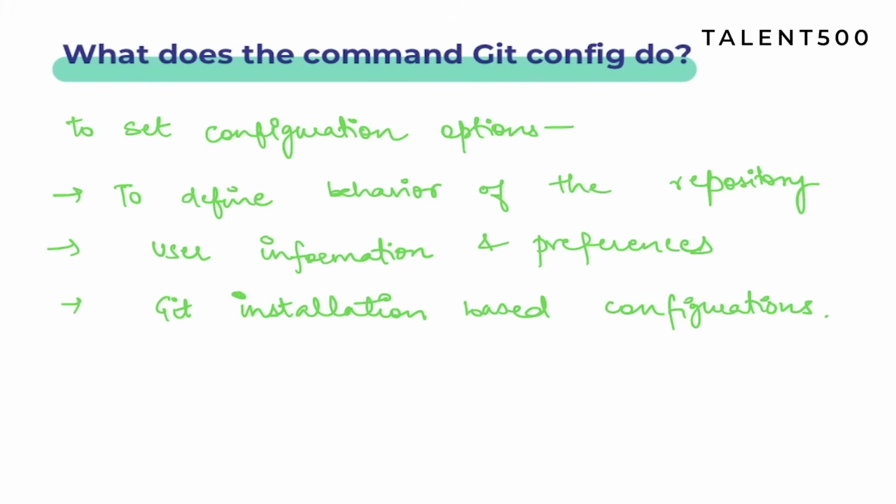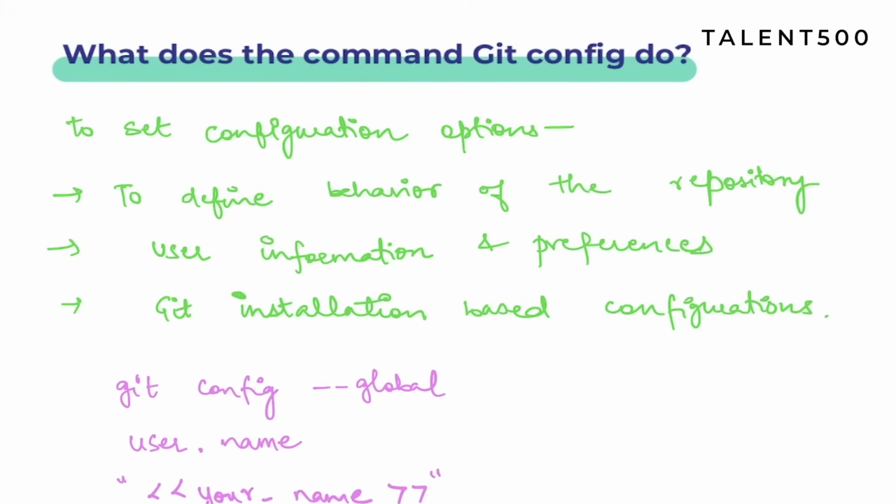So for that purpose, you're going to be using something like git config --global, because it is going to be happening on the global level. Now what you will have to do is provide your username. First you write a username, and then you go ahead and provide your username here. So with the help of this command, you can set up your name and email address. With this, you can set up your name.